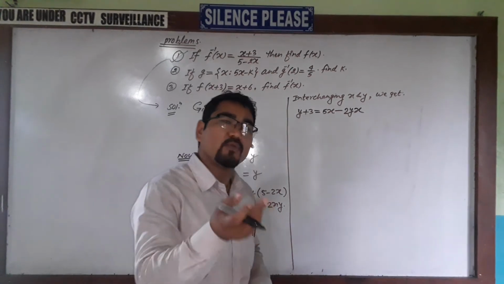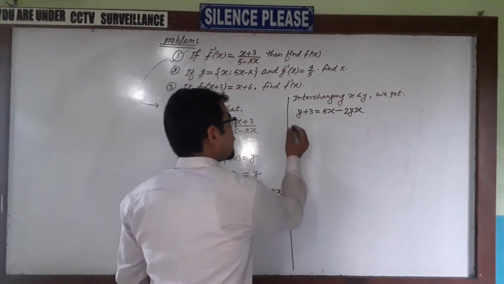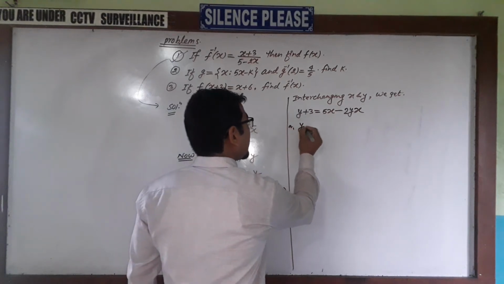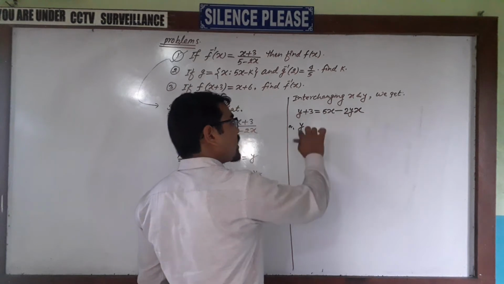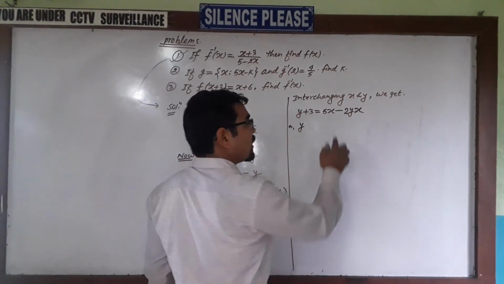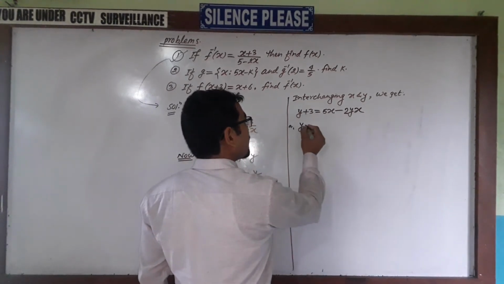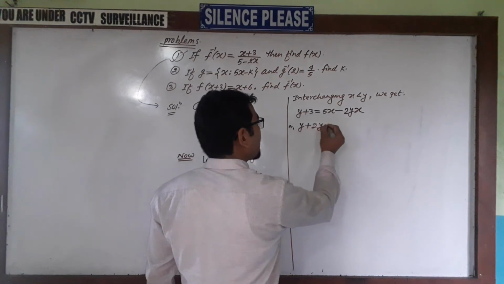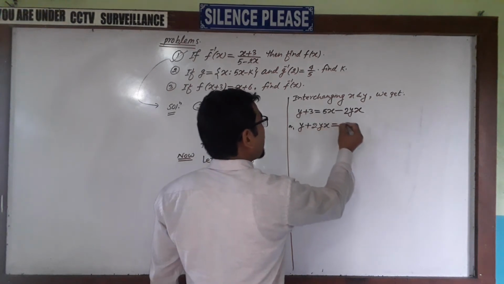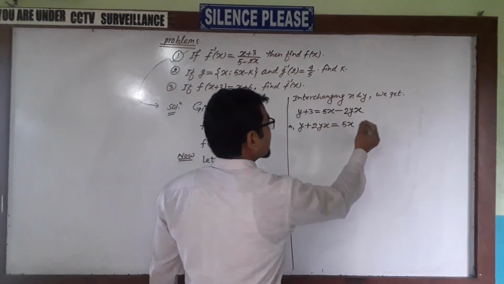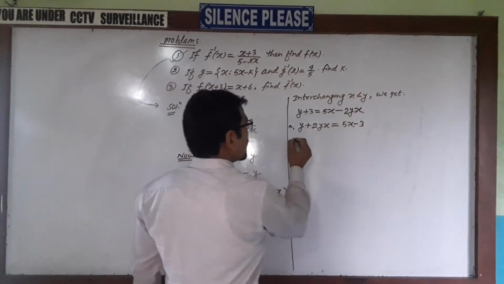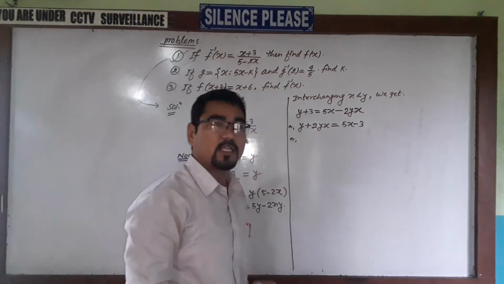Then y we can write together. So this is y we can write here as it is. 2yx, it is in minus. We can do grouping here by taking to the left hand side. The minus 2yx comes here in plus 2yx. This equal to 5x, we can put as it is here, and a plus 3 we can take to the other side, then minus 3 becomes. So we have to find the value of y.